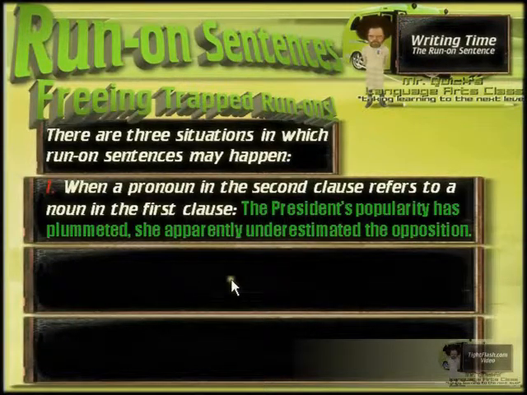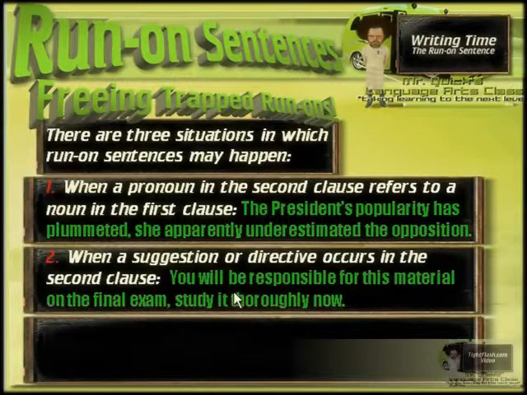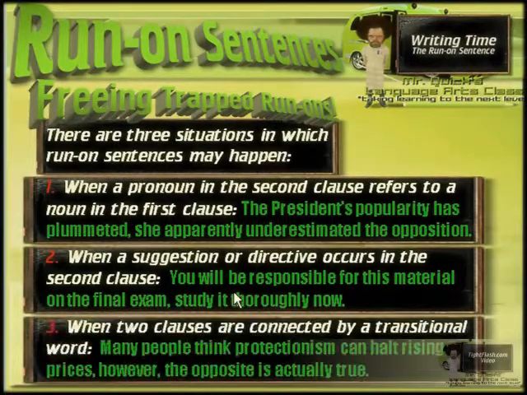Now, when a pronoun in the second clause refers to a noun in the first clause, then that pronoun in the second clause obviously is the subject of that clause. We do have two independent clauses here, and obviously we cannot connect them with a comma. And here we go again. "You will be responsible for this material on the final exam, study it thoroughly." This is, of course, another one. "Many people think protectionism can halt rising prices,